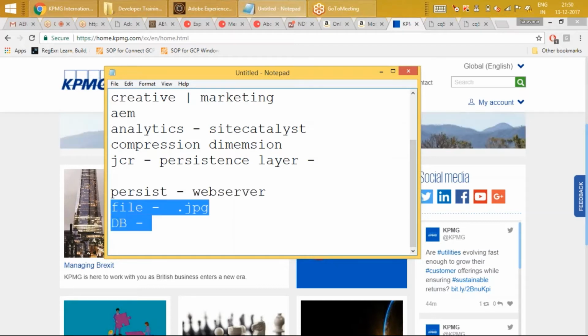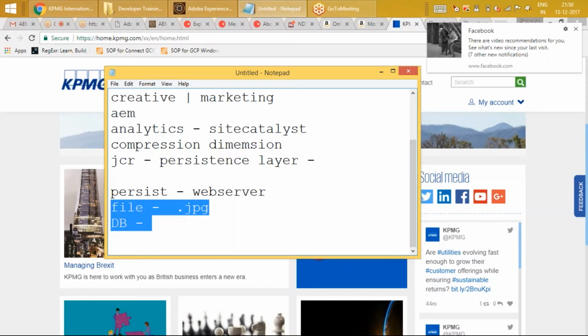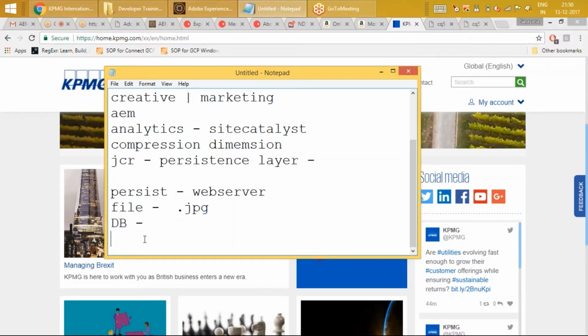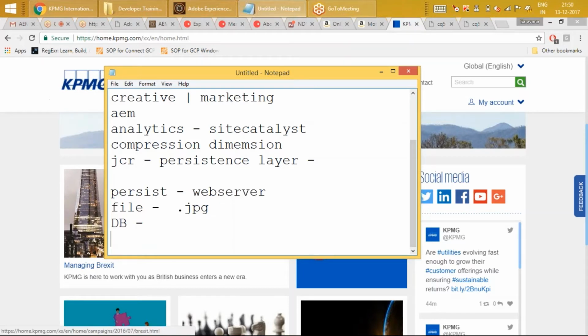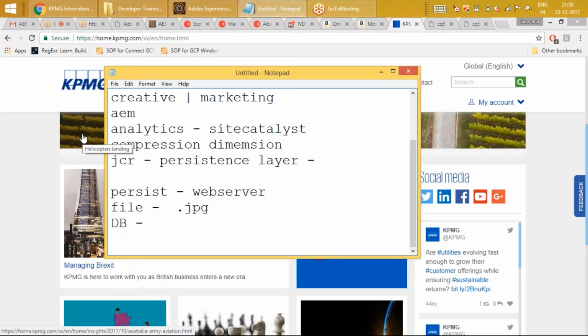For a very long time, only these are the leading options. Even now in the industry, only these two are the majority of options. But AEM, not AEM, actually it's a cloud. But once again, if you look into the cloud, it's a Linux server. The code is running in a Linux server, and all the entities are pulled from the cloud. So for example, if this website is rendered from a cloud, this is once again saved as a physical file on the cloud. Even in the cloud, it's a physical file only. Even if you open an S3 bucket, if you are working on Amazon, it does narrow down to file-based only. Ultimately, it ends up in a file. Okay.